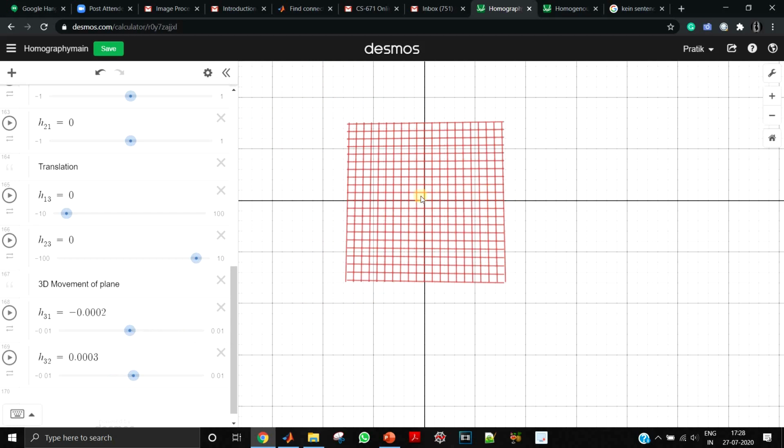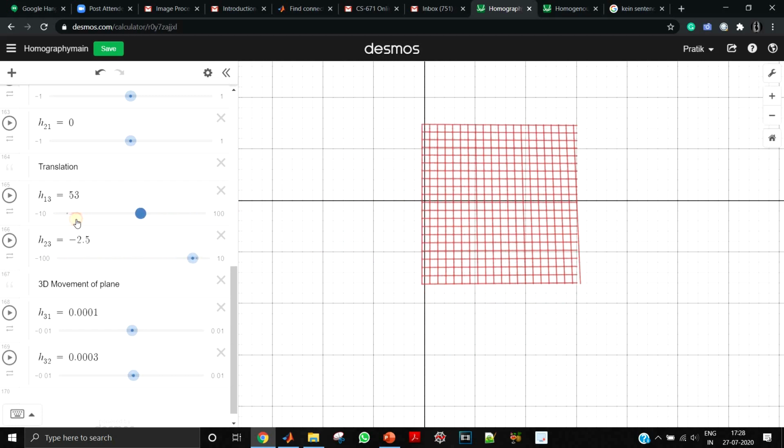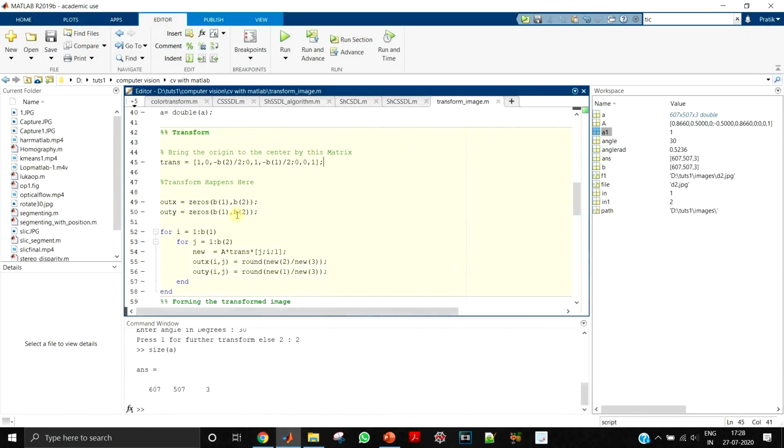So for putting this particular image from this top left to bringing this particular image to the center, you need that matrix that I have mentioned over there, the trans matrix. So this trans matrix is to bring the image to the center, that is, bring the origin of the image to the center. So this particular matrix only does that. So I'll show you the output, what happens if I don't do this, and what happens if I keep this. So for now, let us remove trans and see the output. So it will give you a better visualization.